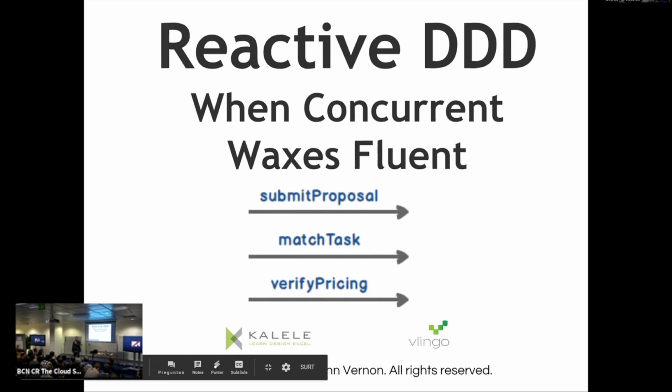But one thing that I see lacking in the reactive community is that the APIs that are available and the way that the toolkits and frameworks are designed don't really lead to very fluent domain models, but tend to be more of a technical approach.